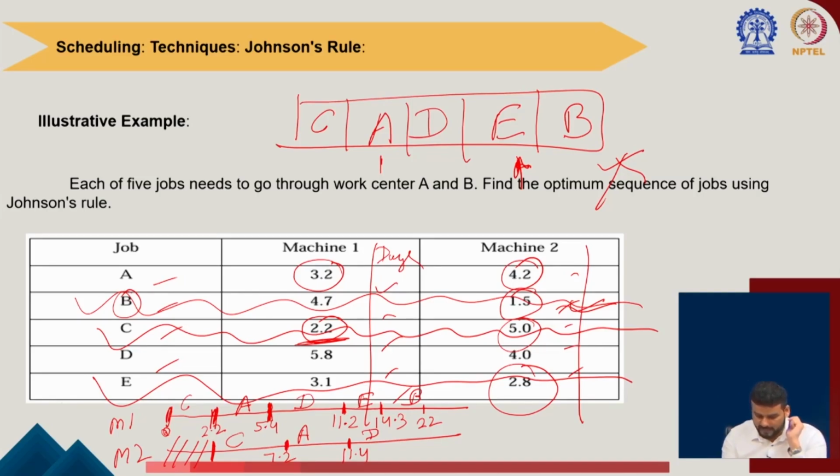Now job D requires 4 days. So when will we finish it? We will finish it somewhere here, 15.4 days. So 15.4 days, whether the next job is available, the next job is E. Yes, E is available on 14.3 days. We can straightaway start job E, right. How many days does it require on machine 2? 2.8 days. If I add those 2.8 days, it will be total 18.3